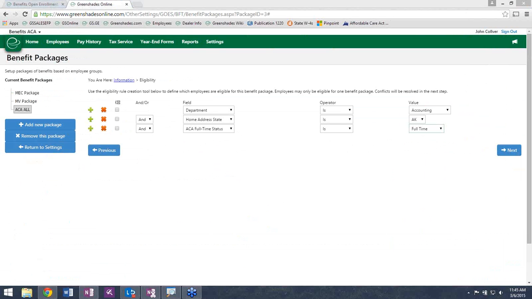Somebody had asked, will the employees be able to view the 1095-C electronically along with their W-2? The answer to that question is yes. We will be able to post the 1095-C to the portal for employees to access electronically. If you think about the 1095-C, think about it just like a W-2. The same requirements are in place.